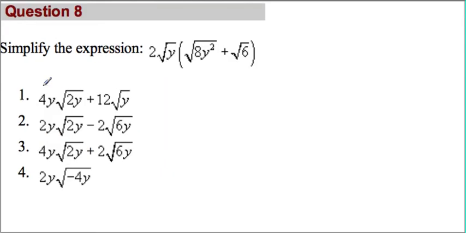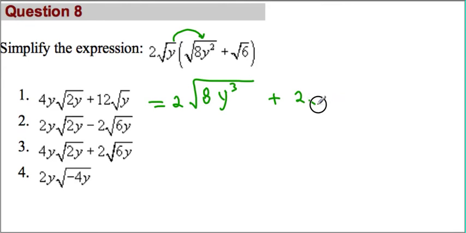Alright, let's look at number 8. Same idea as before. So when this one multiplies the first term, we end up getting 2 because it was outside already and there's nothing here. Square root of 8 y to the third power plus 2 square root of 6y. Now let's break down 8. We know that 8, if you have to break it down, then we need that to be 2 to the